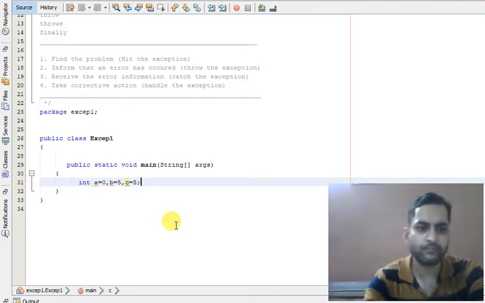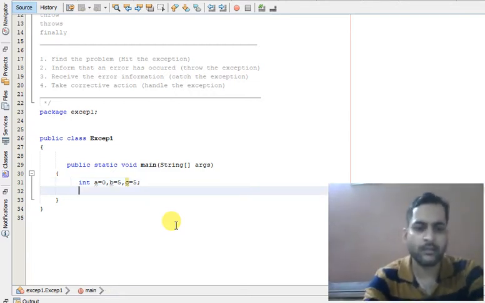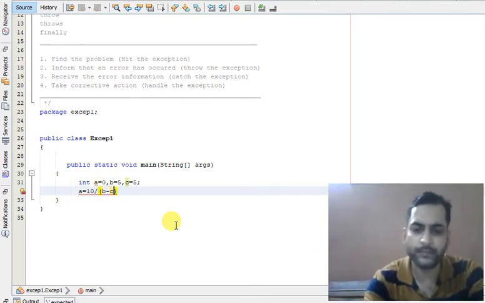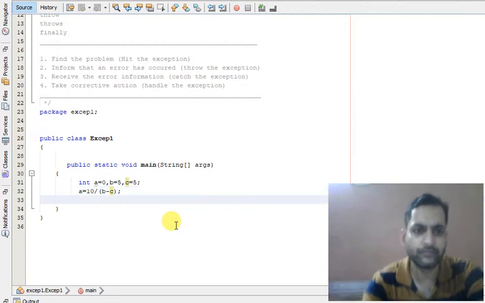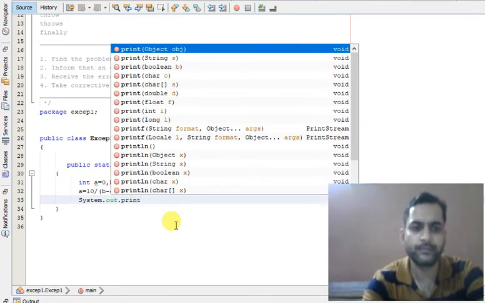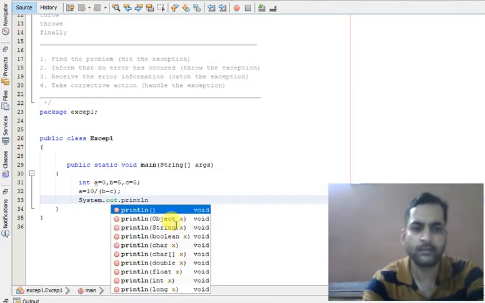Let us try a is equal to 10 upon b minus c, and print the value of a: System.out.println(a).